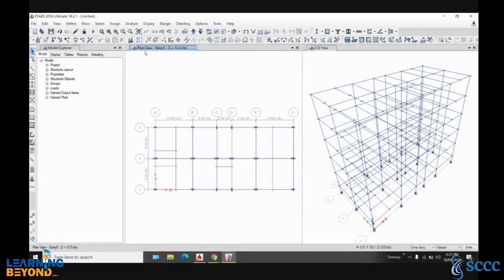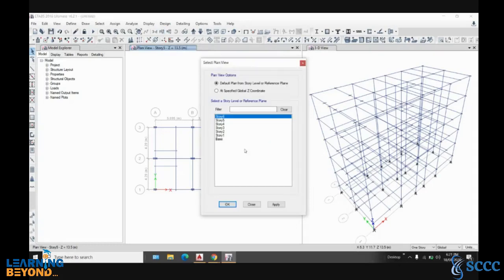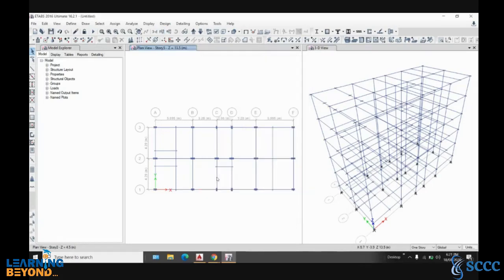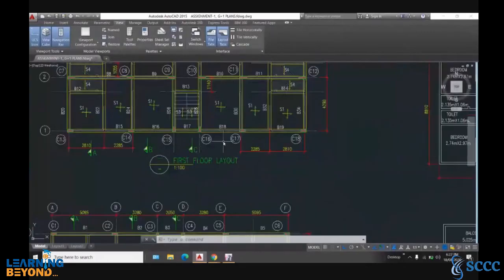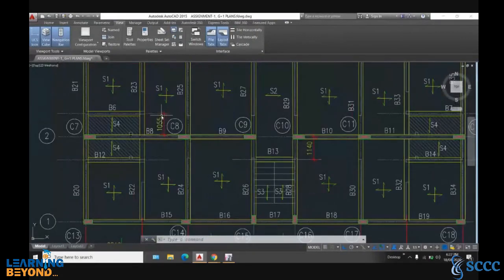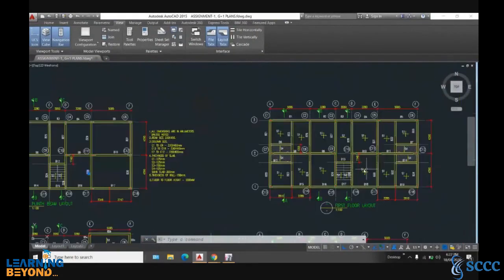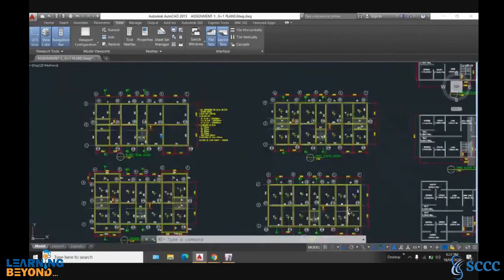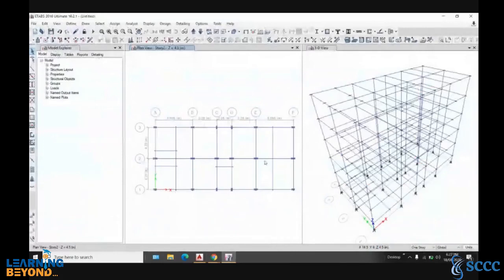Okay. So again, go to story number 2, and now here you want to draw the two beams in this direction, where it will have a distance of 1055. So it will be 1055 at all floors except terrace. Okay, so it will be all floors except terrace. So that you can 1055.